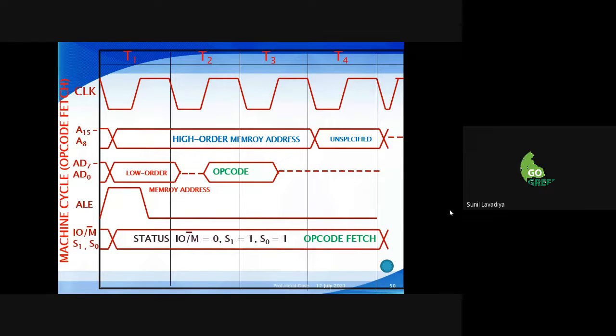As I mentioned, it's related to the opcode part. So memory part means it's 0. S1 and S0 are also specified, and it's opcode fetch, right? Now the last two things, it's read bar. So why is it read bar? It's a 0 activated signal. Right now it's 1. It represents that it does not have to read.